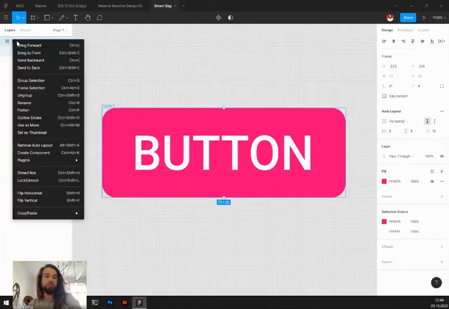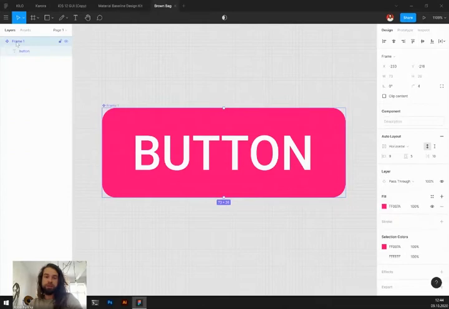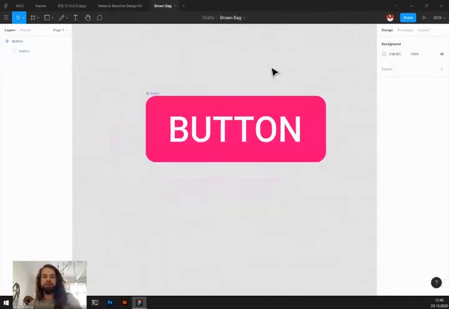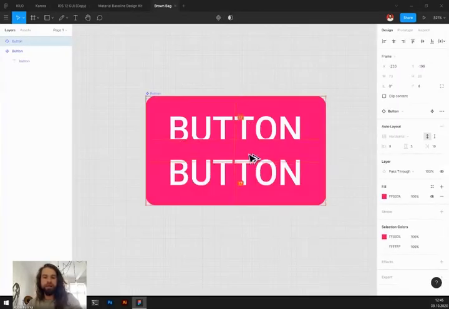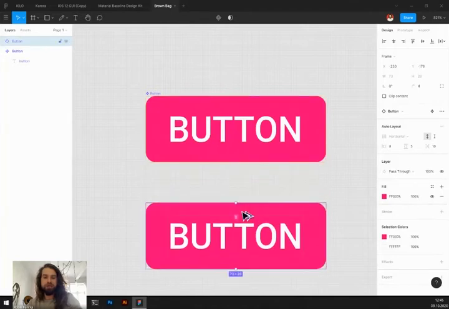So if I create a component, right click and create a component, I can see here is the component and the icon changes to a diamond. You can call it button. And for example, right now I would like to do another button, which will be slightly different. So with the Alt key, I just drag it and duplicate that